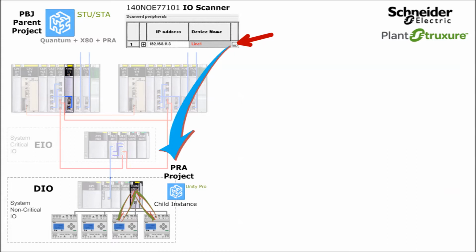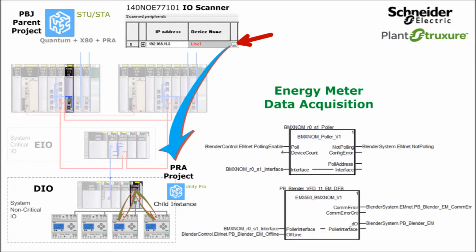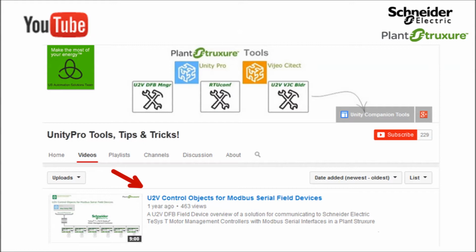Starting within the Quantum-based project, the Line 1 DIO project is created, then opened, and the hardware configuration is defined. Then the data acquisition from the energy meters is added. This is managed by DFBs, one for coordination of the Modbus serial network polling, and one for each of the EM3550 energy meters. To understand the functionality of these DFBs, please see the UnityPro Experts video,